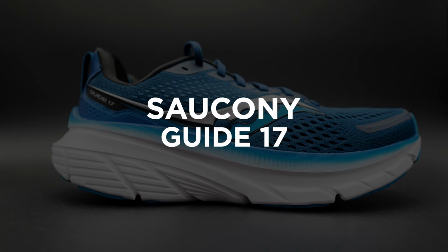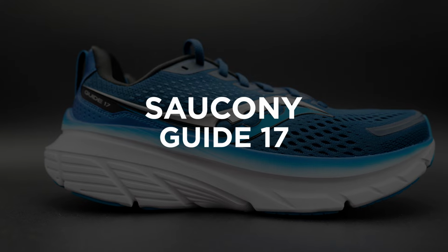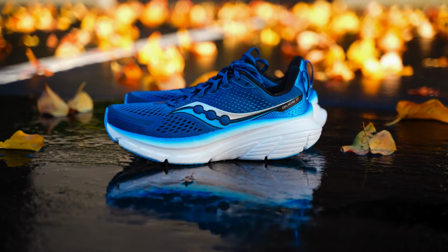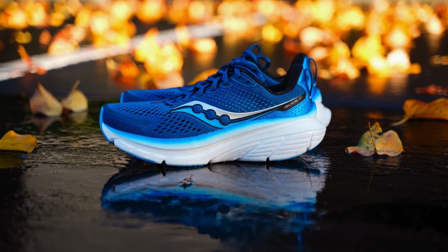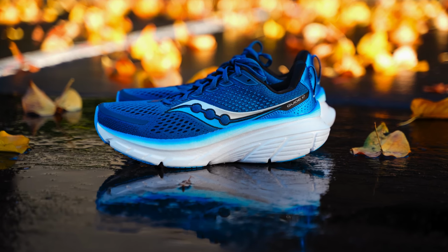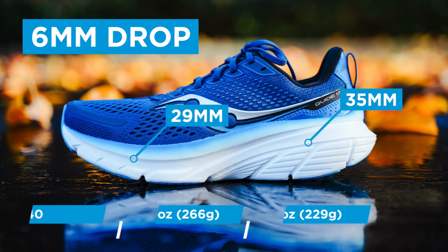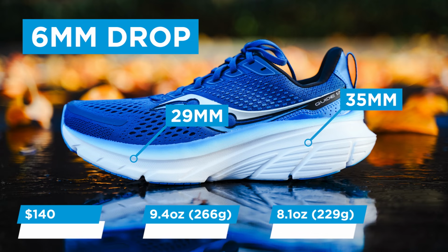Moving on to the next shoe, we have the Saucony Guide 17, which is going to be your stability daily trainer from Saucony. This shoe is best for easy runs, long run days, everyday miles. The upper is made up of a mesh upper, the midsole is made up of Power Run, and the outsole is a standard rubber coverage. The men's model comes in at 9.4 ounces or 266 grams. The women's model at 8.1 ounces or 229 grams. It has a 6mm drop with 35 in the heel and 29 in the toe, and the shoe comes in